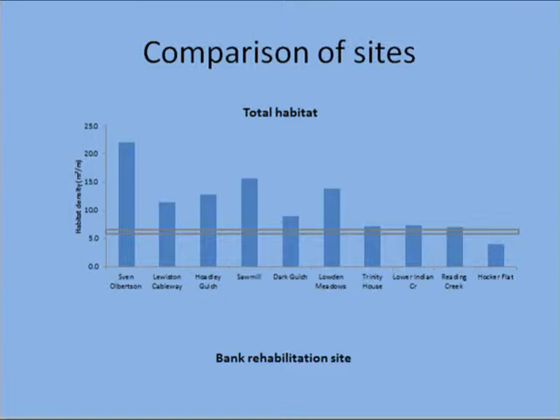And so then we can see some of these other sites. The one on the far left is called Sven Overtson, and we have Sawmill and Loudon Meadows. And we're like, all right, well, these ones are really high. What's going on at these sites, and what are we seeing? And in a lot of cases with rearing habitat, we quickly learned that rearing habitat is tied to edge, and the more edge we can squeeze into a length of river, the more habitat we can get.